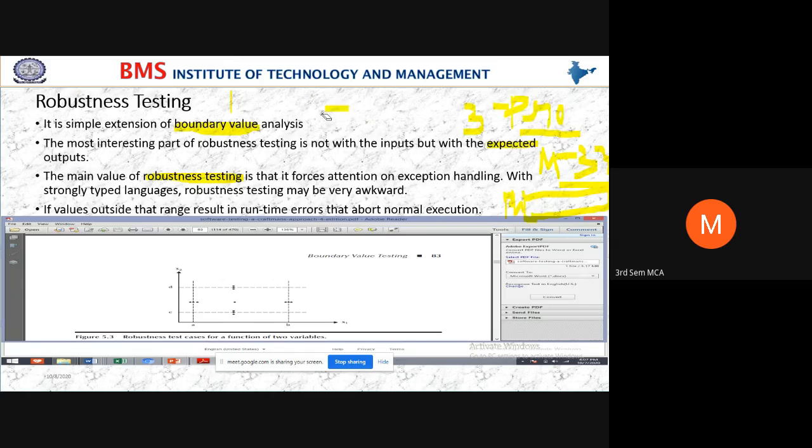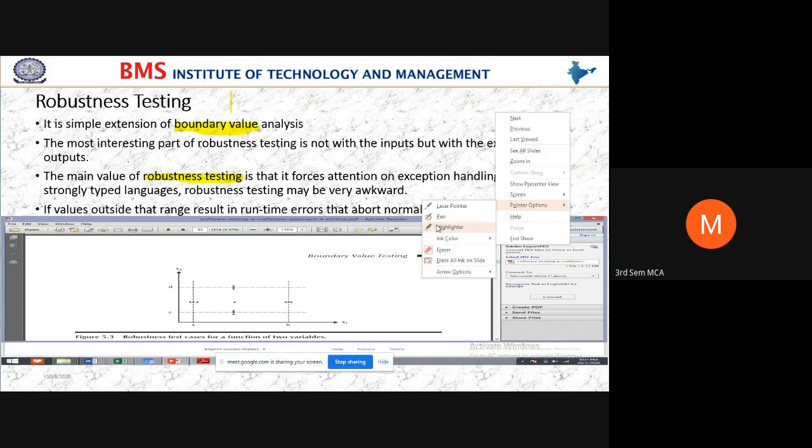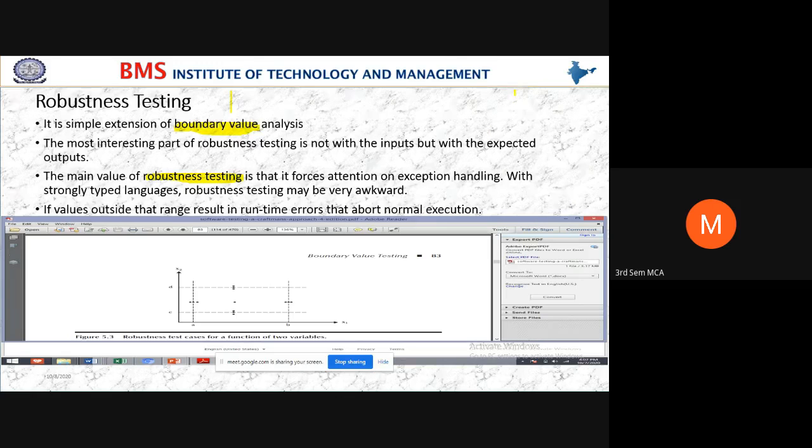One example I'll give, students. The most common example for exception handling is a number divided by what? Zero. Can you divide any number by 0? Respond.